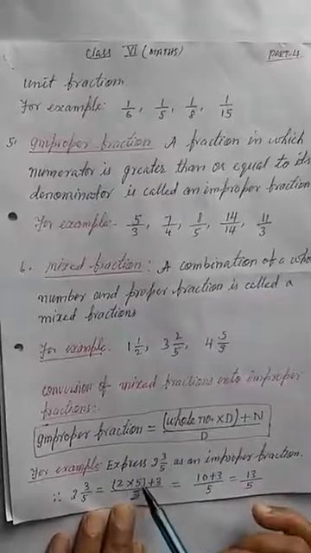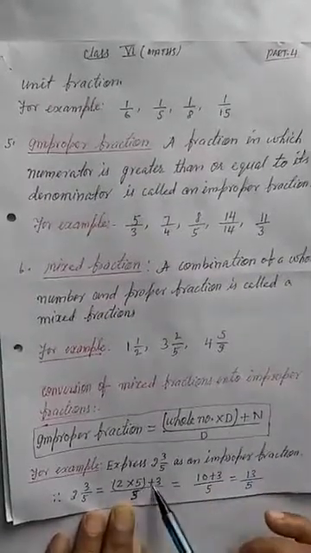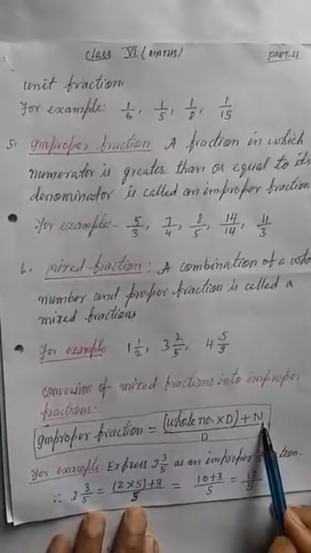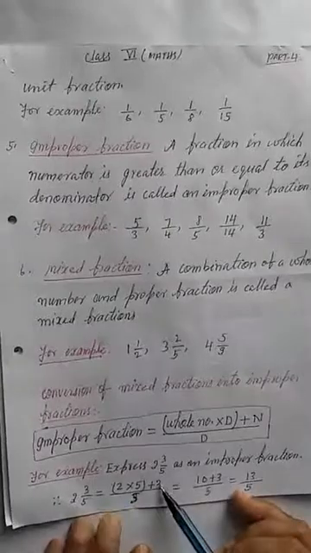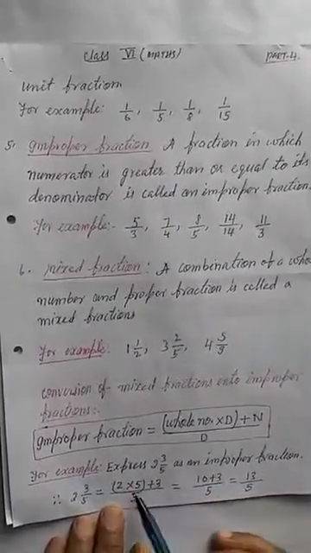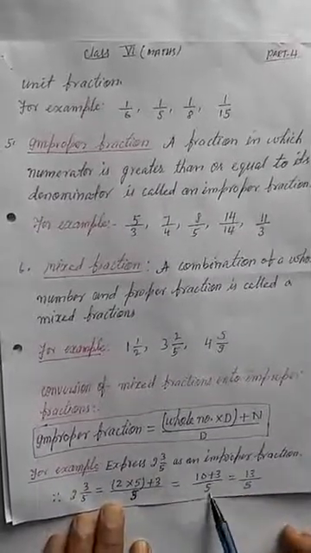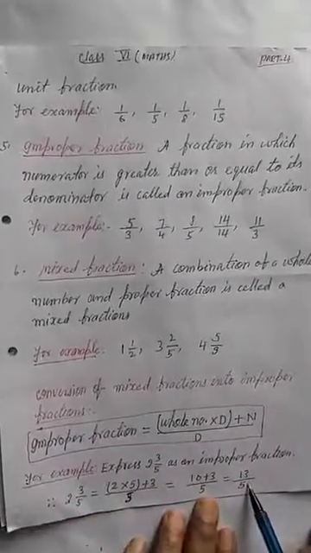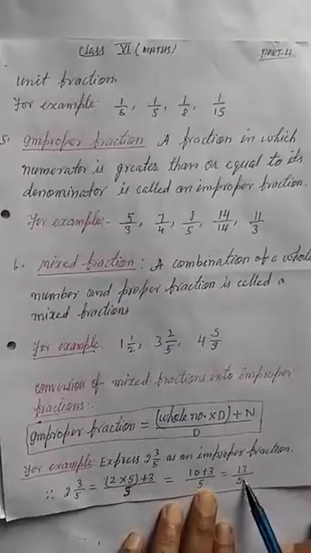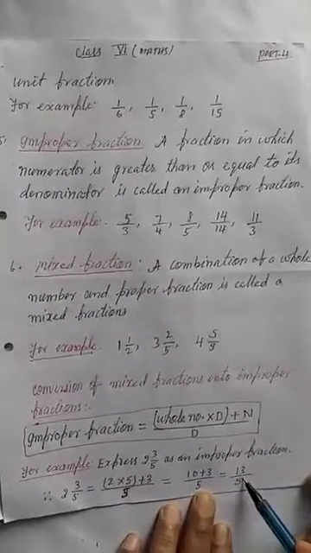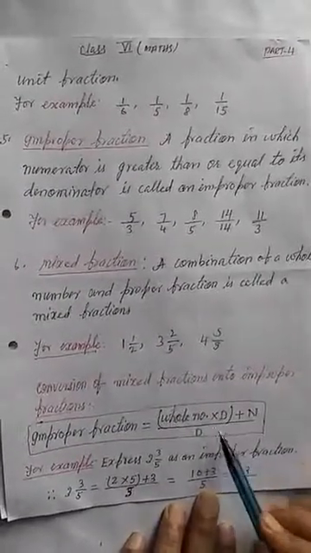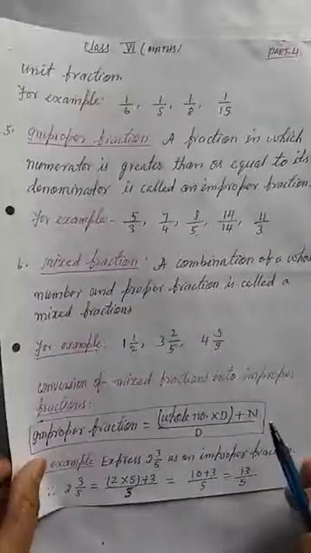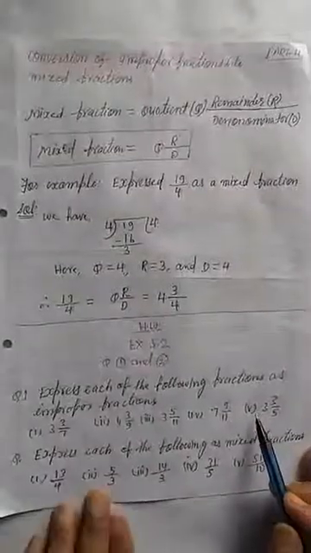So here 2 into 5, the denominator. Close the bracket and put the plus sign. And what is the numerator? Can you say? The numerator is 3. So you have to write here plus 3. After this, 2 fives are 10, plus 3, upon 5. So this is 13 upon 5, and this is the improper fraction. Okay, so we have to change with the help of this formula. You have to keep this formula in mind, and take more and more examples and do the questions in this way.